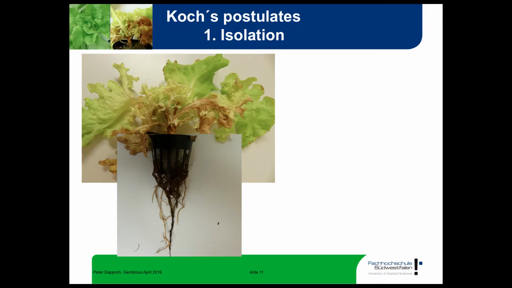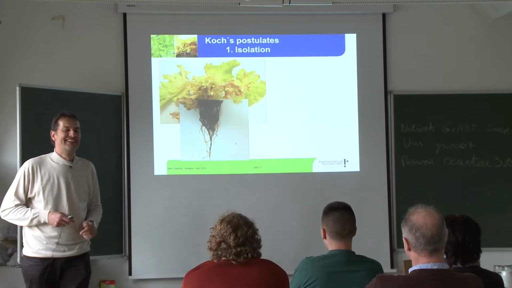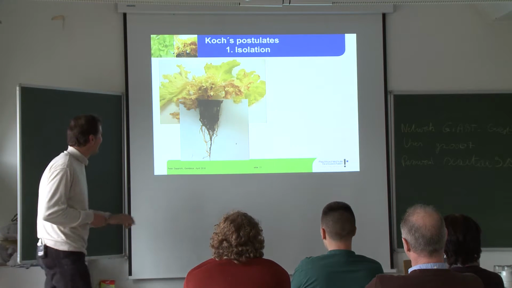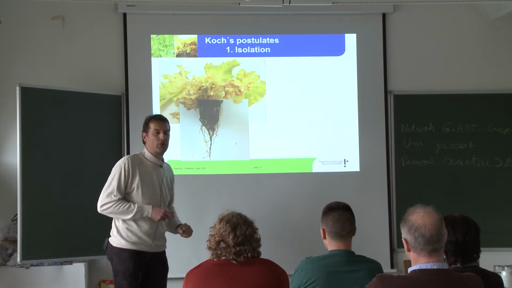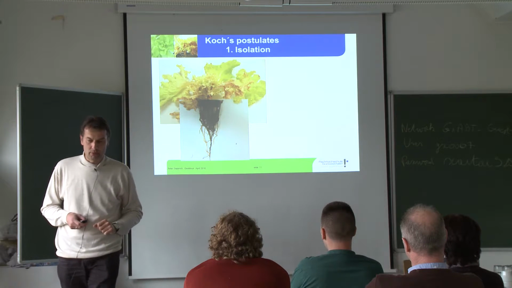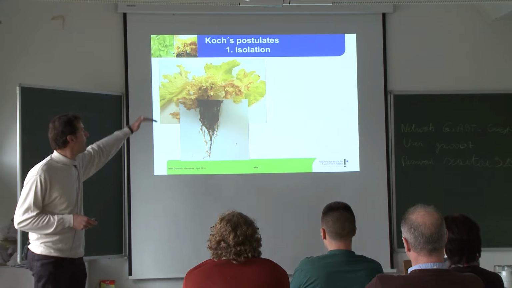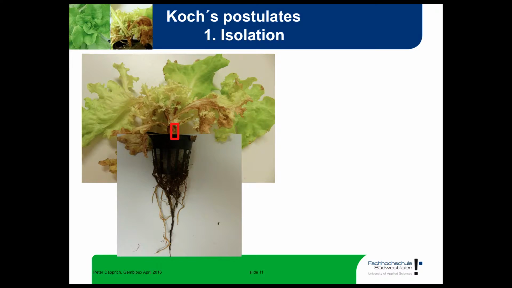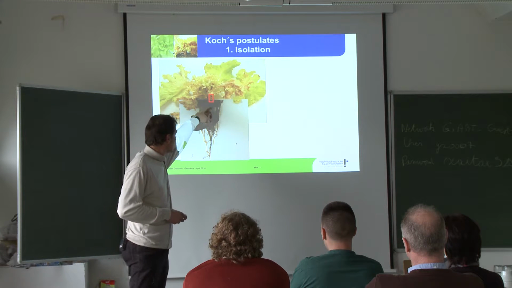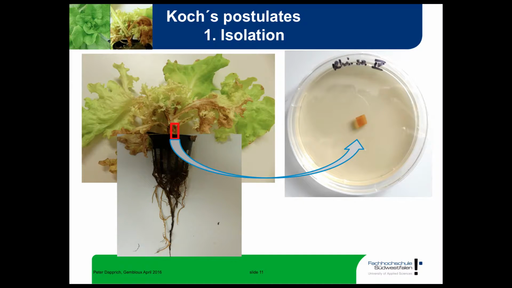How does it work? You get such a wonderful plant. I had to combine those two parts of the picture because it didn't fit in one. So you see here the diseased plant and the root system that belongs to this plant. Everybody probably will agree that this does not look healthy, neither above nor below the surface. Okay, what do we do? We have here some kind of symptom. We excise it and put it onto a petri dish.